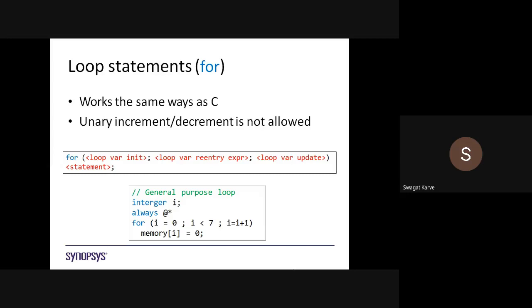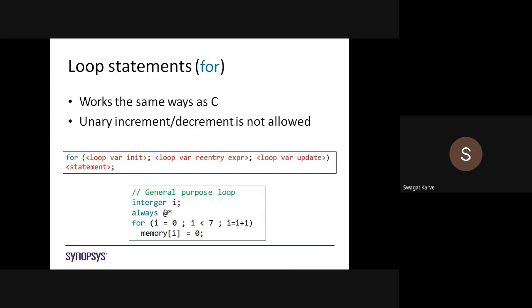When it reaches 7, less than 7 is the condition, so 7 is not considered. Whenever i is 6, this loop ends, because i should be less than 7. That means in total the loop executes 7 times, and the following statements also execute. This is about the for loop.